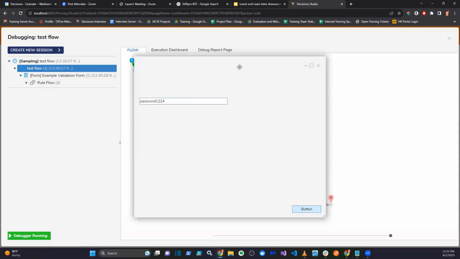But remember, when I did "passrod", it threw the error. As you can see, I hope you're noticing something on the left part of my screen, is I have rule flow. This rule flow is